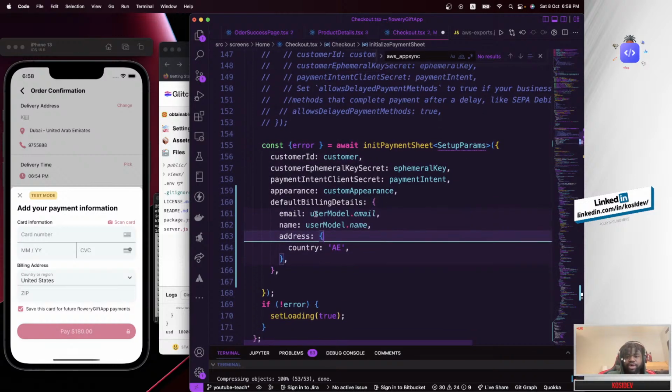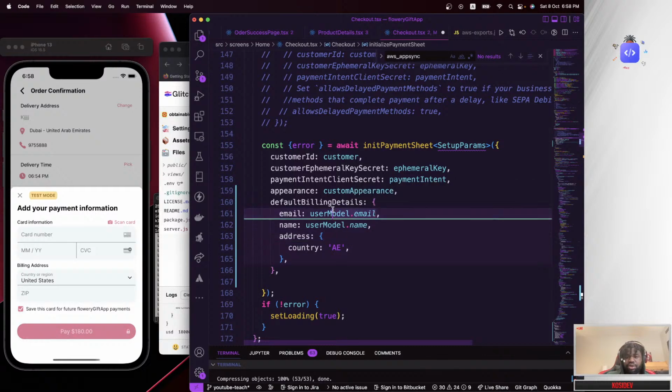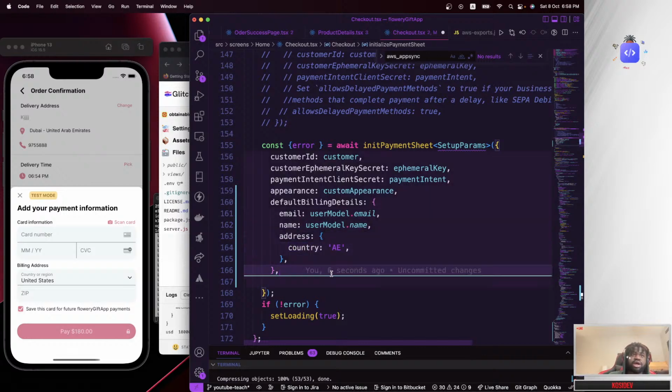So over here we're passing the user email, which we are getting from our user model, the username, which we are getting from our user model, and the address, which is AE, basically the current country the business will exist, or the current country which the product or the app will actually function in. That's UAE, because I'm based in UAE, so I'm using AE,